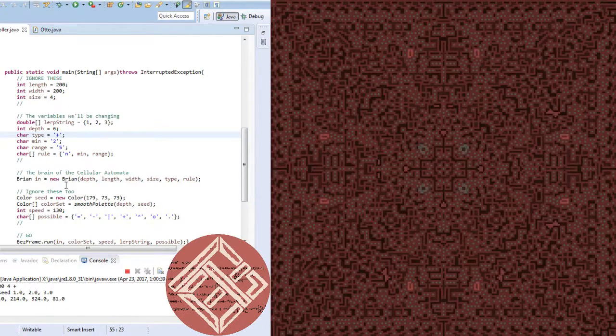Now, what I love the most about some of these is this just looks like some kind of glowing machine. Notice how it's reached equilibrium now, and there's very little changes occurring other than some of these flashes back and